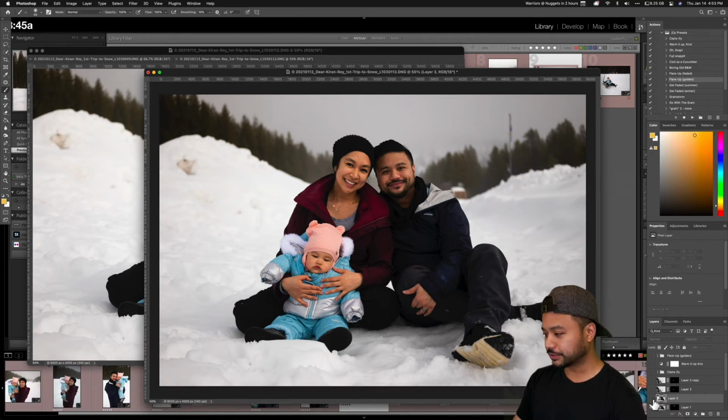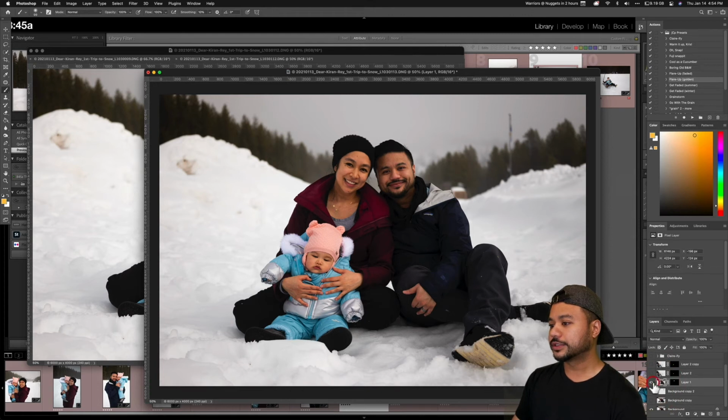But just to show you, right, that was the before and that's the after. So it takes a little bit in terms of tweaking and just kind of brushing it in. And now for